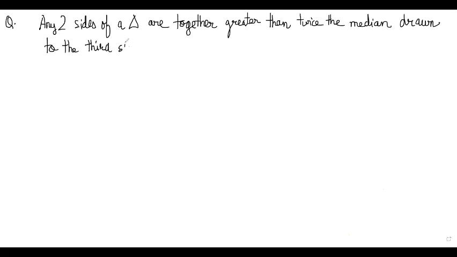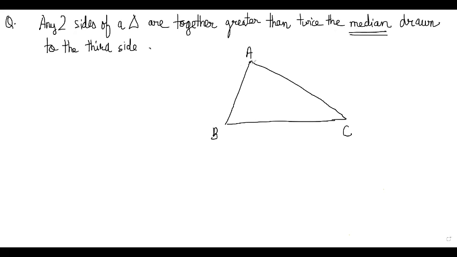So what is the statement of this theorem actually meaning? Like if you have a random triangle here, ABC, let's say this is A, this is B, this is C. I draw a median. Everyone should know what a median means. Median is a line from the vertex to the opposite midpoint. So this is my median. What I have to prove is any two sides is greater than twice median drawn to the third side. BC is the third side, median is AD. You have to prove AB plus AC is greater than 2AD, right? So if you guys know how to prove this, just tell me in the chat.